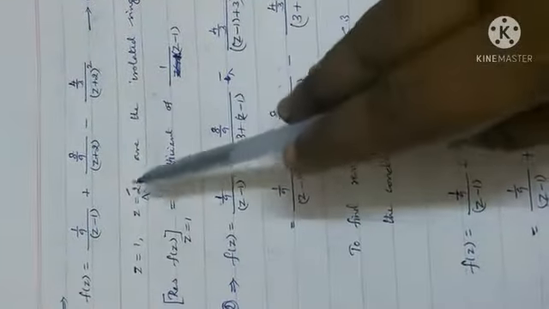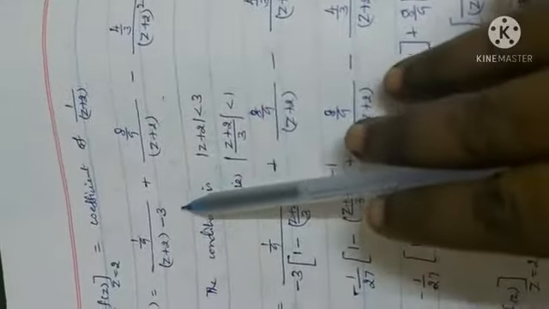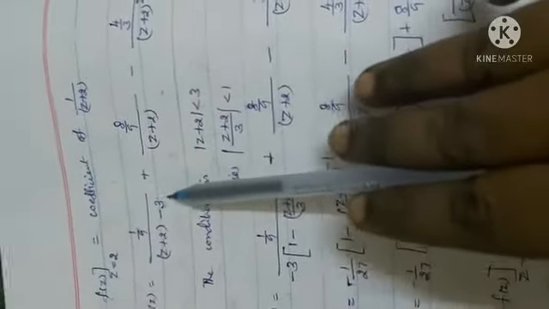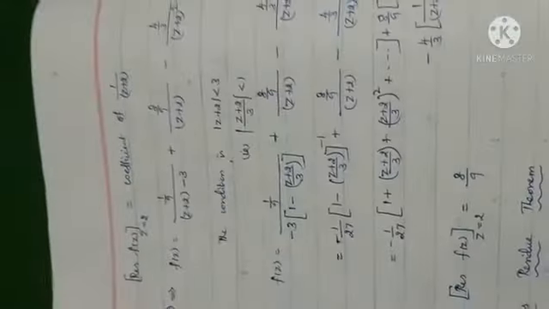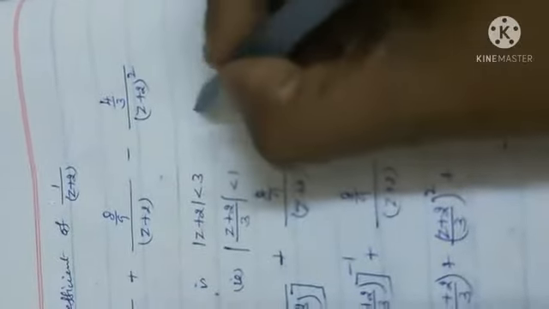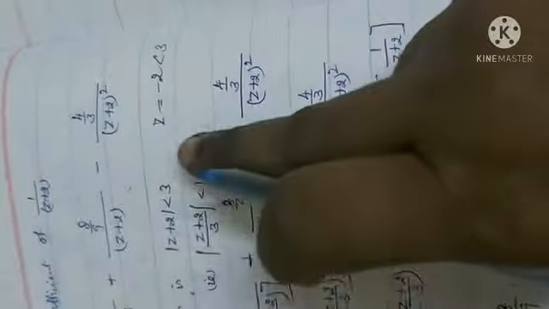Now, since z is equal to minus 2, let us see. We have to create the condition. In order to create the condition, here we should know whether we need to take 3 outside. So we should compare z plus 2 with 3. Z is equal to minus 2 is the question. Since I have 3 here, I should know whether I should take 3 outside. Minus 2 is less than 3, so bring 2 this side: modulus of z plus 2 is less than 3.